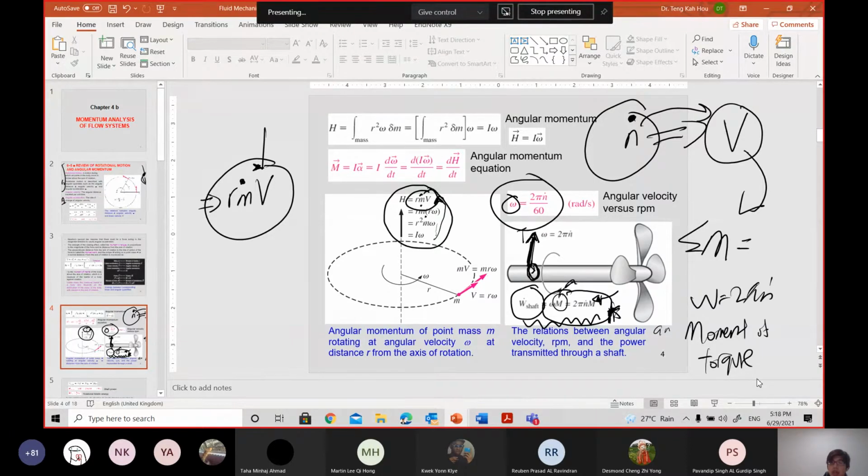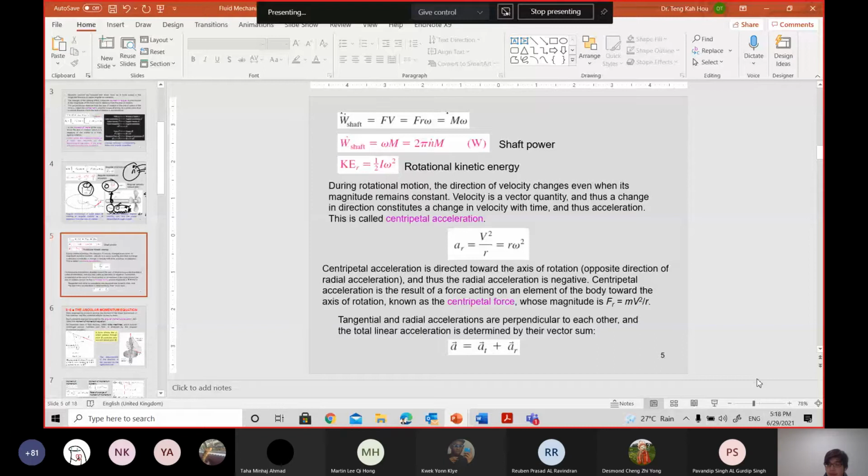What is the power generation from these rotational conditions? Okay, so any question? No. Okay, so this one is fine. As I said, shaft power is important. Make sure you know this, and this M can also be in the torque. And of course, the rotational energy, you already know that, because you know that half mv squared is your linear kinetic energy. Okay, and yep, that's all.